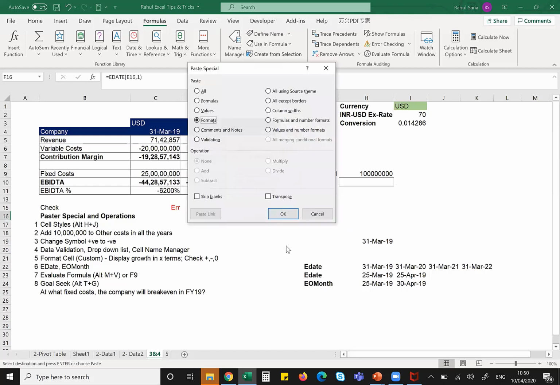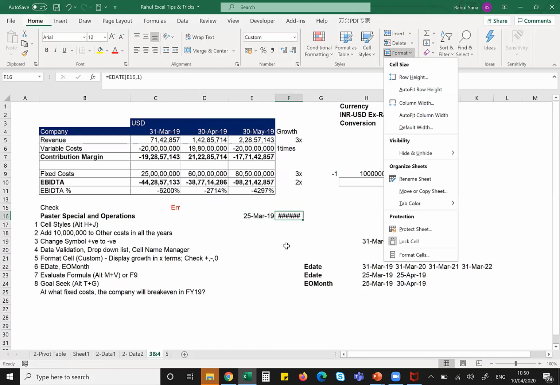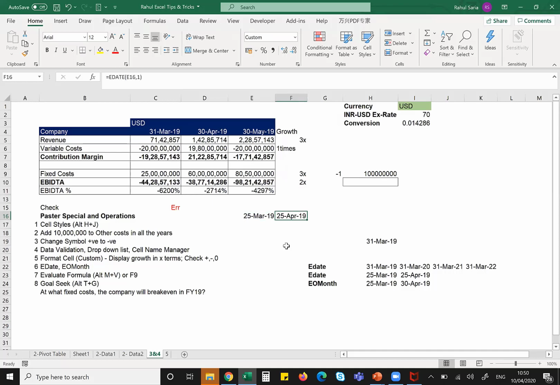Let me change the format. See what happens. It takes me exactly 1 month from this particular date. In this case, we use end of month. If I use EOMONTH, select the start date and comma 1 month, it will give me end of April, that is 30th April.